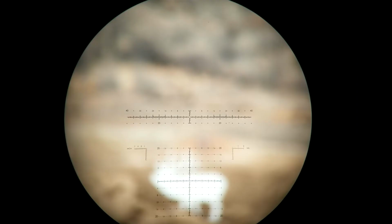So there's really 4 different things you see in here. There's a center crosshair down on the bottom, there's a center crosshair up top, and then you have your MIL ranging scale on the right and your MOA ranging scale on the left. If you look at the MIL ranging scale, it goes by tenths. Each hash mark or subtension in there is a tenth. And you can see there's a thicker half mil subtension, and then your 1 and your 2. If you go to the left to the MOA ranging scale, you have subtensions in quarter minute, and then your